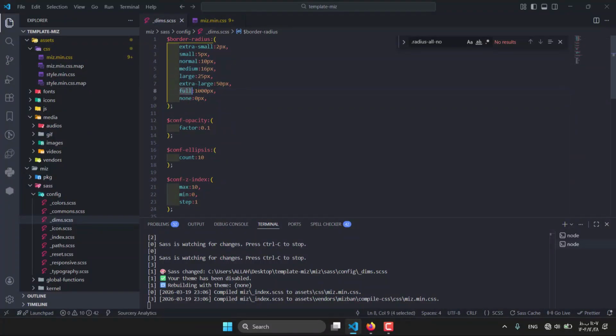Meaning above none full. Why did we put none at the end? Because none should be applied to all of these and have a state that becomes 0 in any case. So I put none at the very bottom. The default is the same, you see, it has put none at the bottom. And it makes it so that if you use the full value and the class radius all none or radius